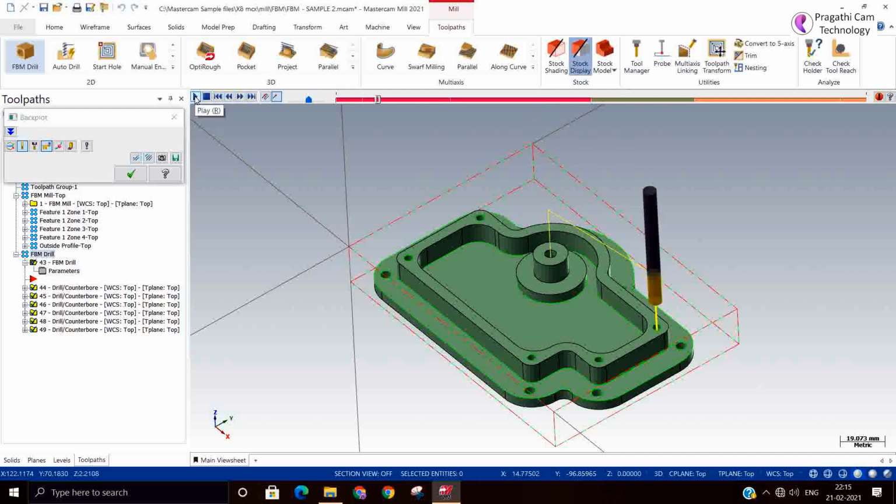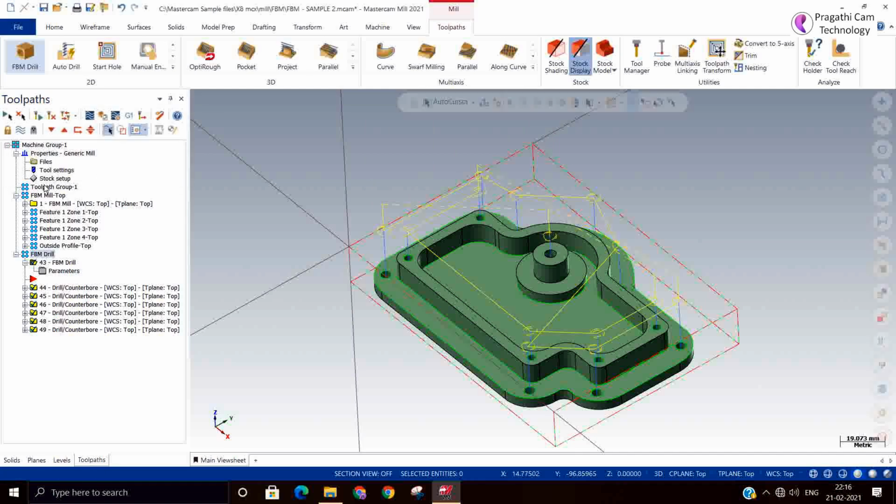Here you need not do anything, it does all the pre-drilling and next size drill, all the things it will take care of. So that's the advantage here. When compared to milling, drilling it does very nicely.